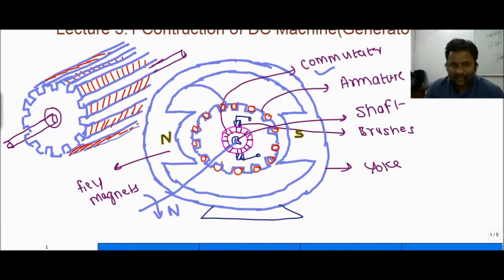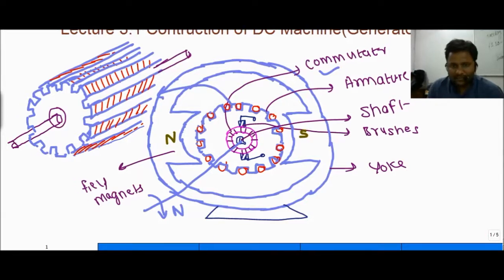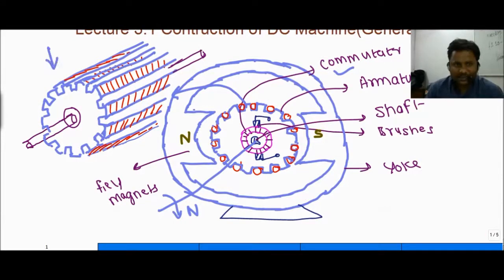Firstly, we are going to discuss the armature winding. Here we have the armature, where these are the slots, and in the slots we are fitting the windings that are called armature winding. These are the slots where we have to fit the armature windings. The coil we have to put. So let us take a coil and put it on this armature up to the end and come back from this side. Like this we have put the conductors in the slots.